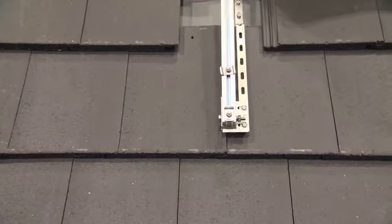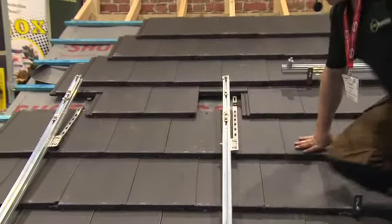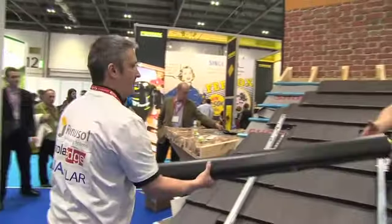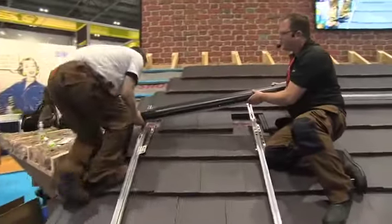This is a specific feature of the Kingspan system. What we're going to do now is fit the manifold. Nick's going to pass that up to me. The manifold is this structure that fits at the top of these rails, and that's what we then will connect the